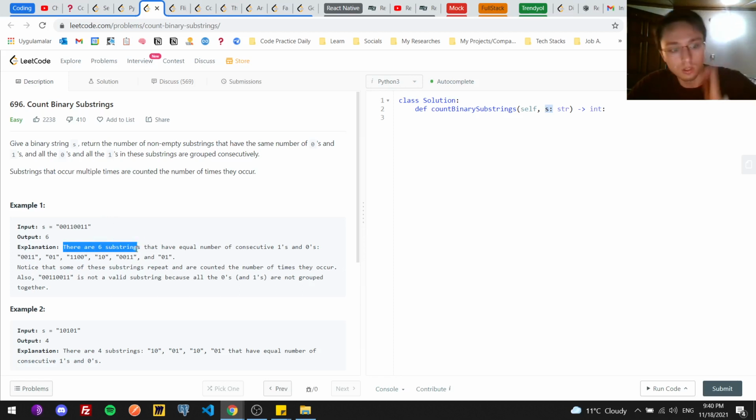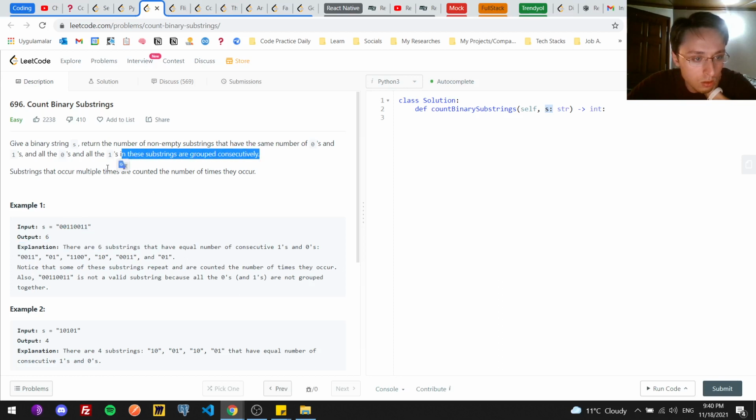So there are 6 substrings that have an equal number of consecutive zeros and ones. This is a substring, this is also a substring. We want the unique ones. Oh, okay, so these are actually... okay, so maybe if we implement some sort of